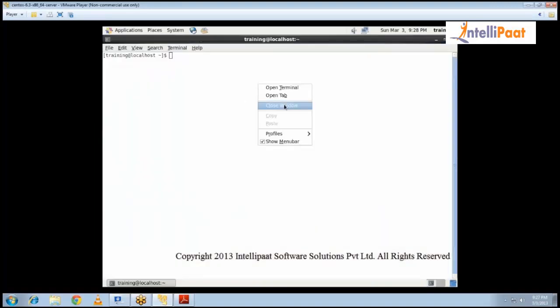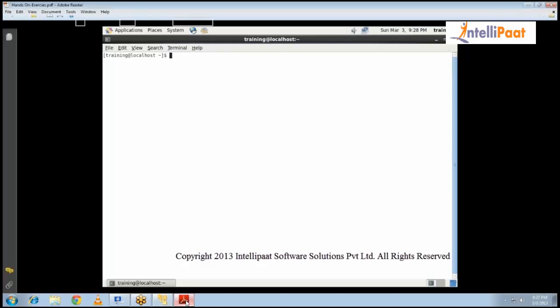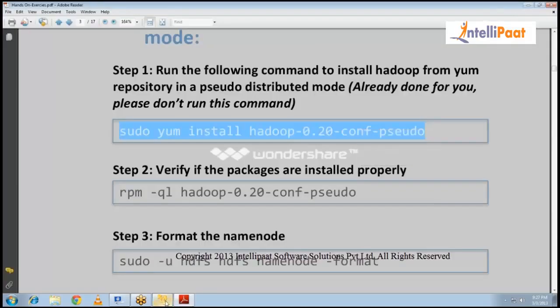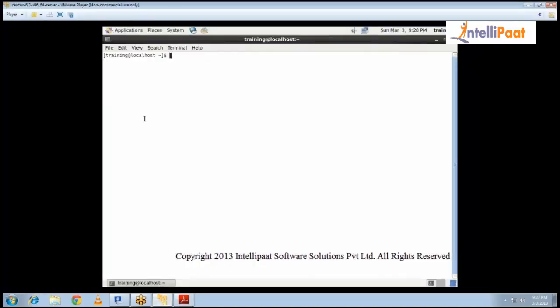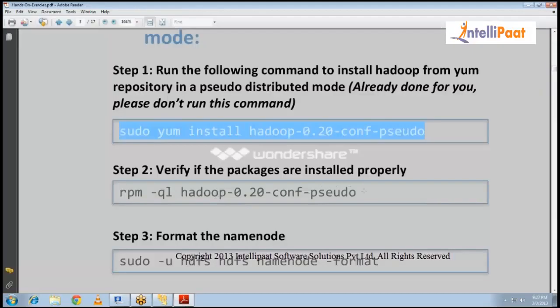That is, I have installed Hadoop for you, so that you don't have to download the whole thing again. Now, just see if I have downloaded everything correctly for you. So now, what you need to do is the RPM command. So I have this one.